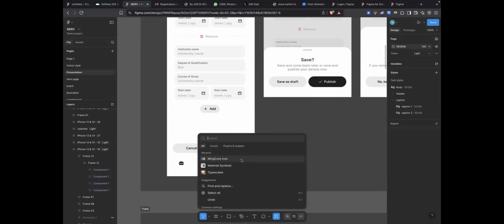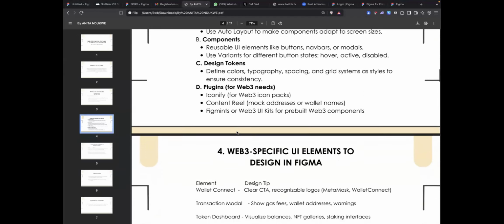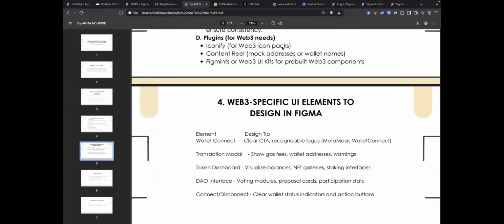So you can write this down for yourself. The main one, like I said, is Iconify. I know that a lot of people use Iconify for their UI UX design, but you can test out these other icon packs and type scales so that you don't do all these things manually. That's one of the best things about plugins, because it helps to speed up your work by doing some of the things you do manually. So I think the next thing we have here is, okay, let's just come back.